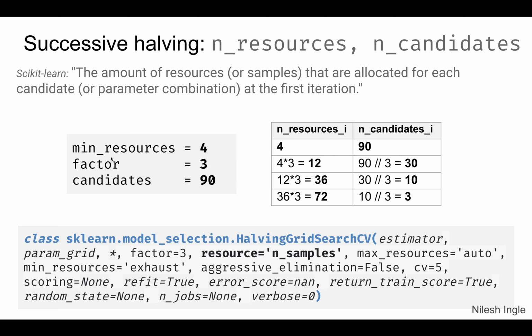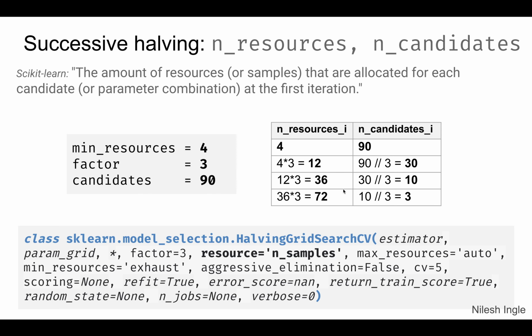Let's say we set the min resources to 4. That is to say that in the very first iteration of HalvingGridSearchCV, the algorithm would pick only 4 records. Then if we set factor to 3, and if we have the total number of candidates equal to 90, then